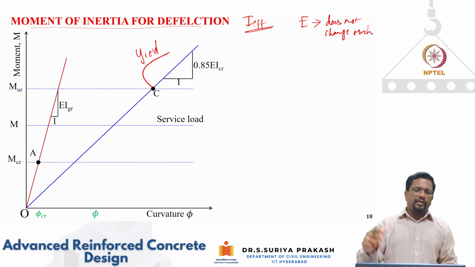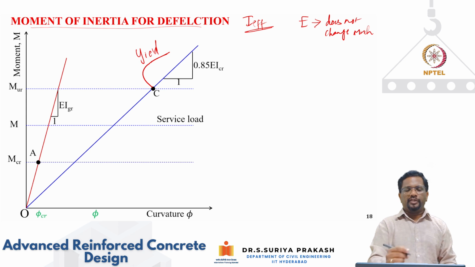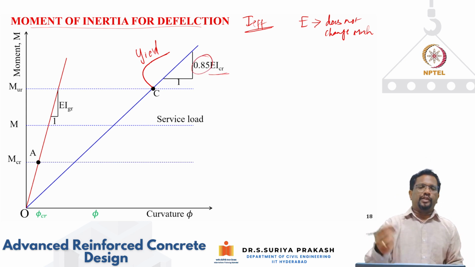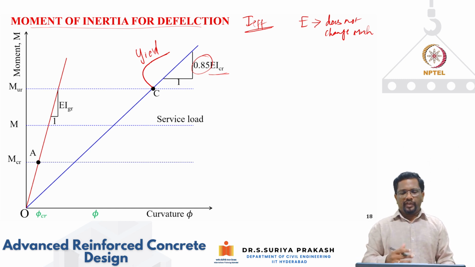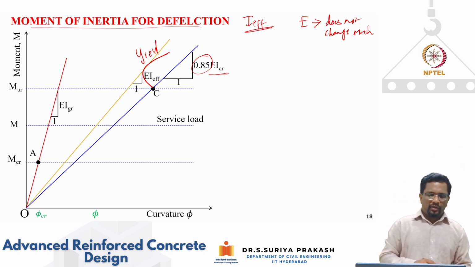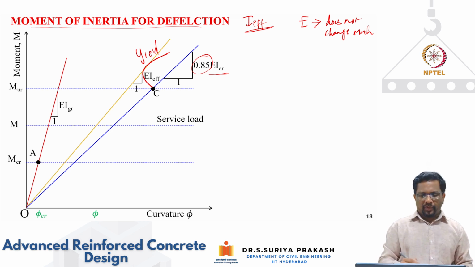So when I connect that moment and calculate the curvature corresponding to that yielding, we know how to do moment curvature analysis. Then I take that slope as EI cracked, and in this case we are trying to be a little bit more conservative, and we are taking 85% of that EI cracking as corresponding to the yielding moment, right? Now, depending upon the moment that is acting, I can have this yellow curve with EI effective like this,